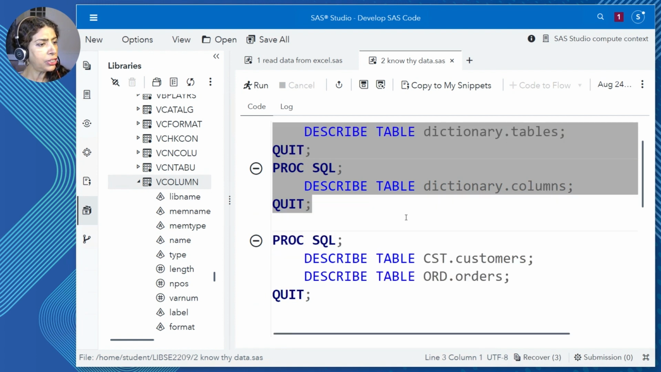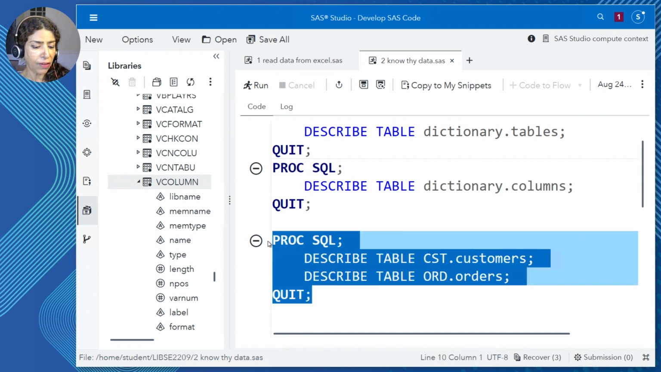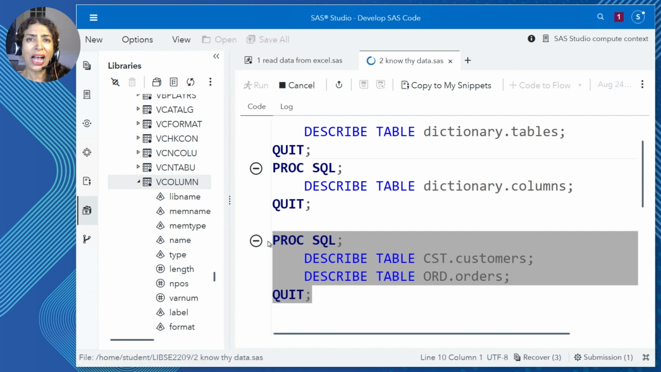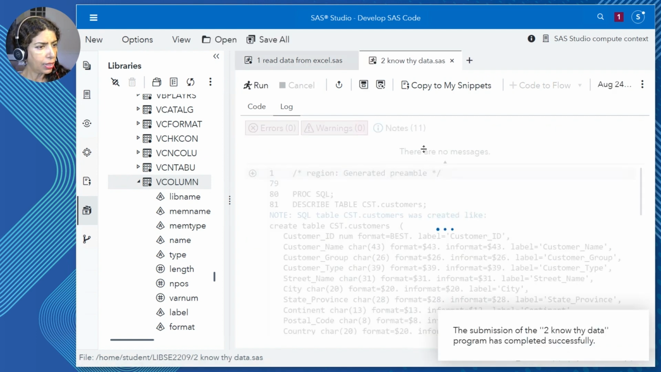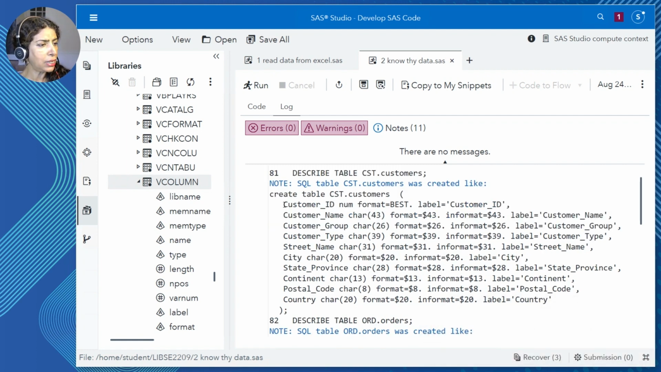One more thing I want to do to get to know the data is actually look at the data itself. So I want to look at the data for these two dictionary tables. Rather the metadata, I looked at the master metadata for all dictionary tables, for the columns and the tables dictionary table. Now I want to look at the information for these specific tables, almost as a proc contents, if you will. And so it comes back in the log and gives me that important, informative knowledge about my data, the customer's